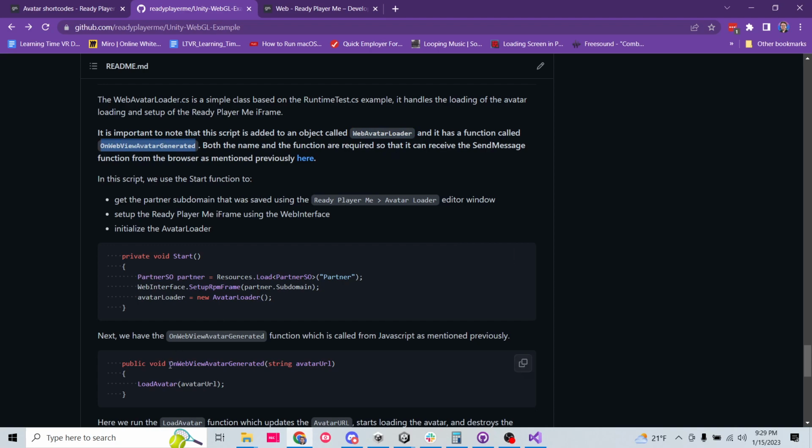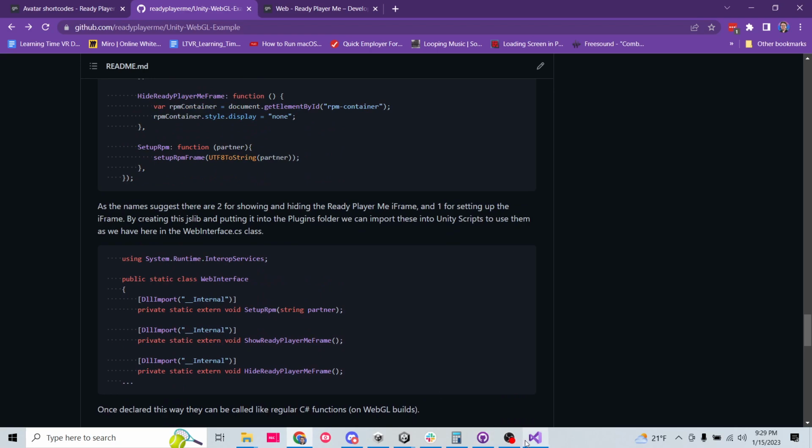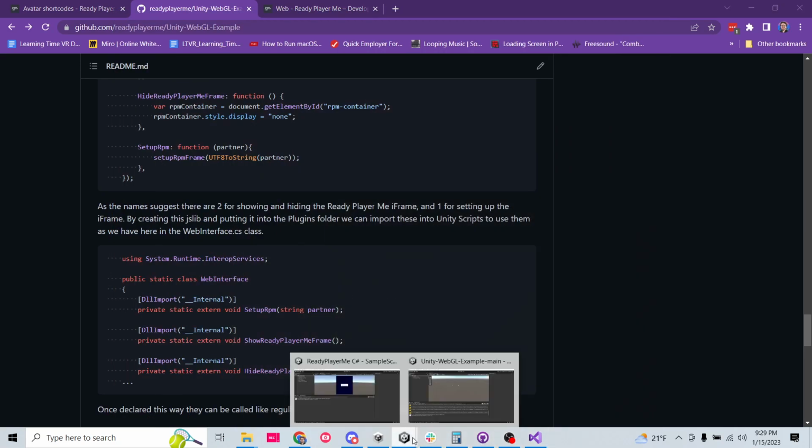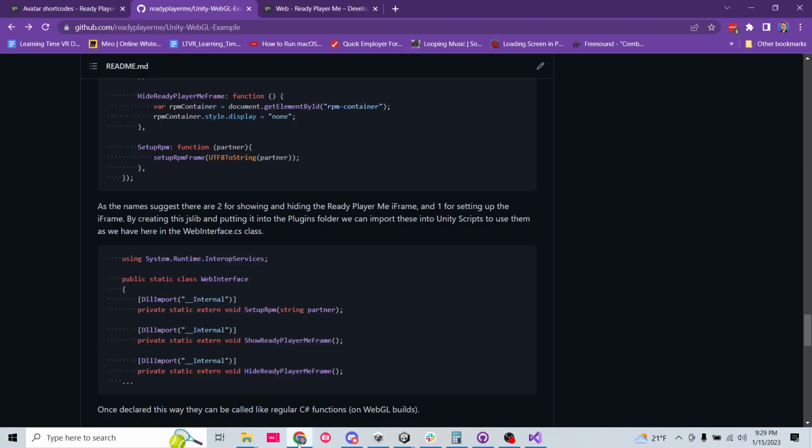So I was going to create that anyways, but our big issue is that it can't find the Web Avatar Loader game object because it doesn't exist. So I could either rename the game object instead of Avatar Manager. I could rename it to